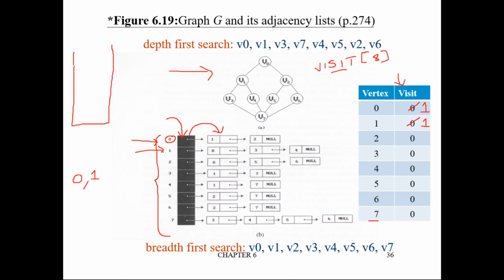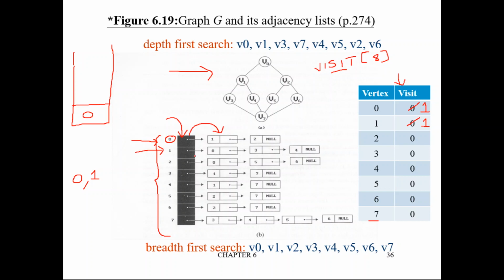Are you getting it? But before making such a jump, because previously we were in vertex 0, now from vertex 0 we are jumping to vertex 1. Before making such a jump, you have to push this vertex to the stack. That is, from which vertex you are jumping, that vertex should be pushed into the stack. From which vertex are we jumping? 0, so push 0 to the stack, because we have to come back here. Okay, fine. Now you jump to vertex 1.